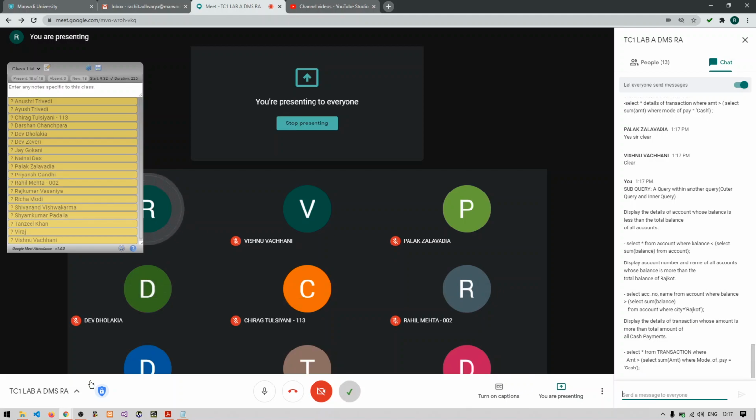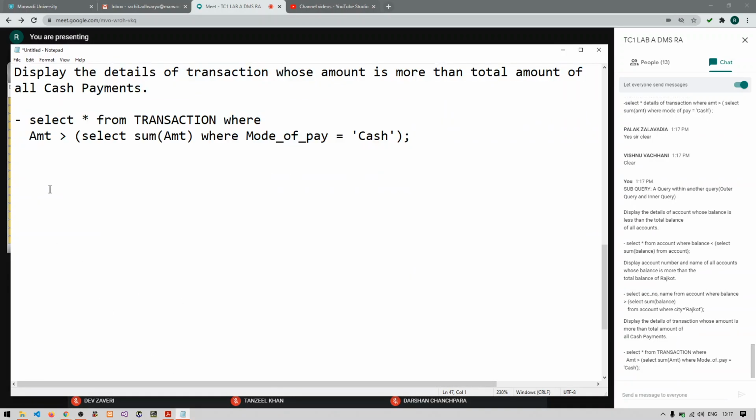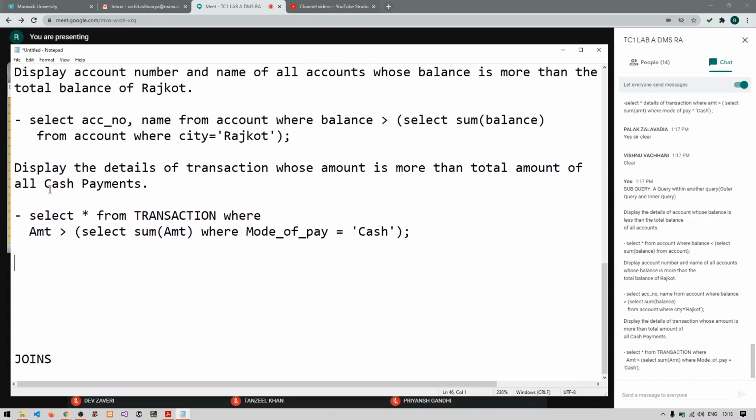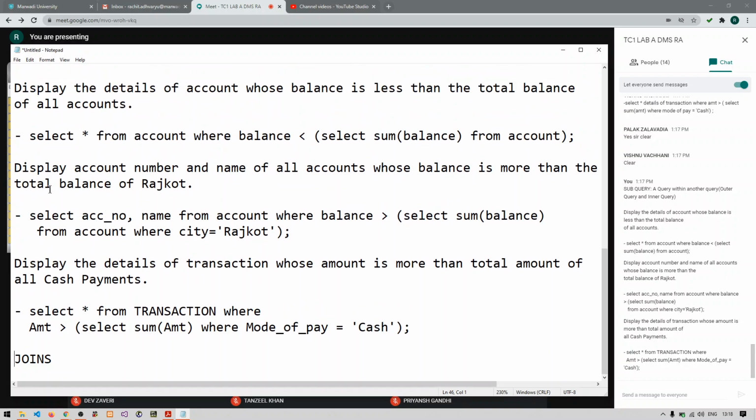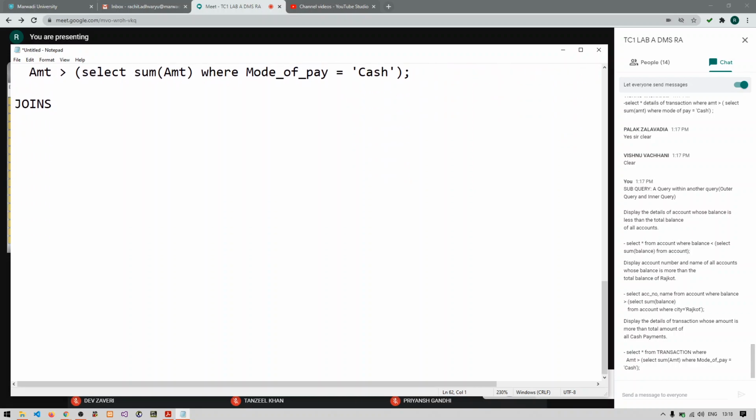So we have got all the answers of subquery. Now let's move on to the last part of SQL, that is joins. Can anyone tell me what you mean by join?